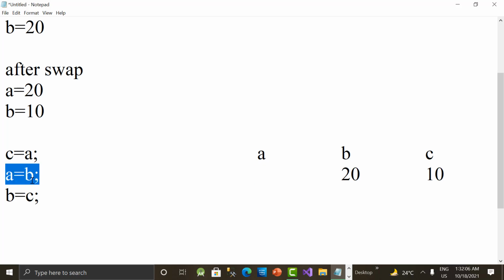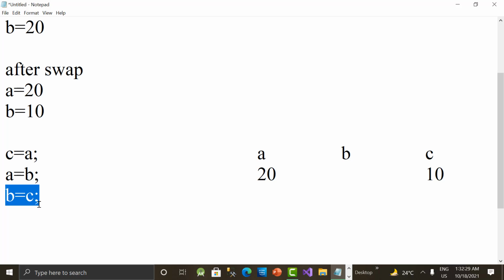In this line, what we are doing, we are passing the value of B into A. So equal to is the assignment operator which assigns the right side value to the left side variable. Okay. So what is B value here? 20. So this we are assigning to A itself. So here the A value becomes 20 and this will be removed, say for example. Okay. And let's go for the last line, guys.